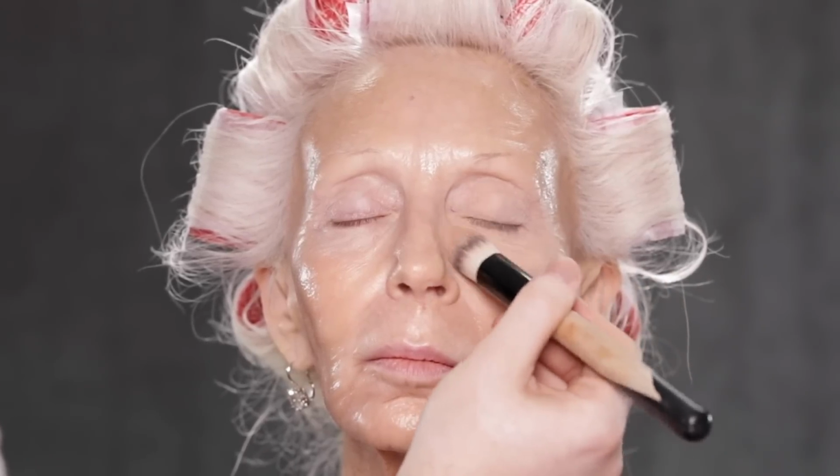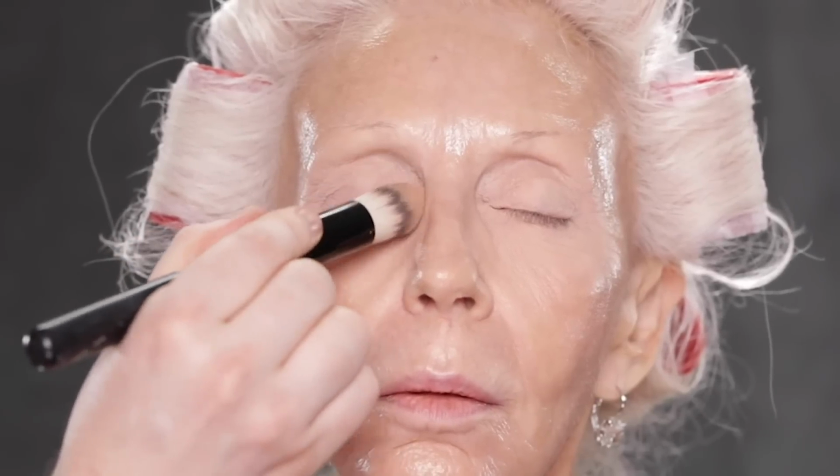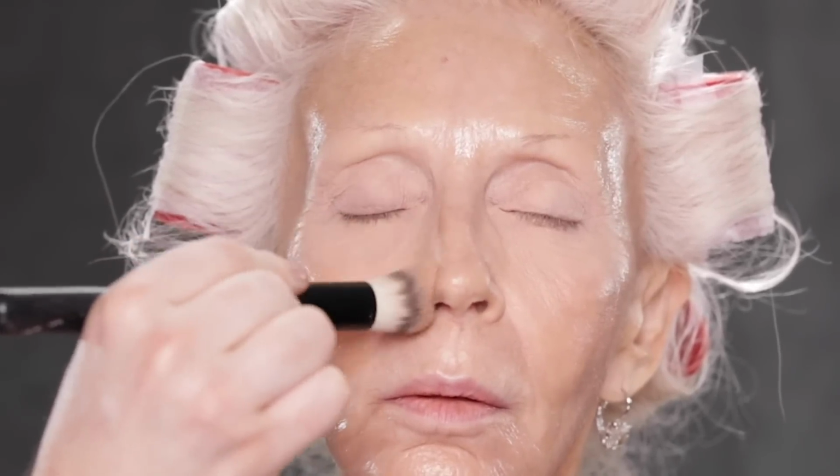I'll zoom in a bit here so you can see up close. It just brightens and conceals that slight amount of red undertone around the eye. Of course, if you find that you need something extremely full coverage around the eyes because you struggle with dark circles, you can go in with a concealer first, but I wanted to demonstrate the power of this foundation powder alone today without any liquid concealers involved. And as you can see, it just gives that soft, light focus to the center of the face,